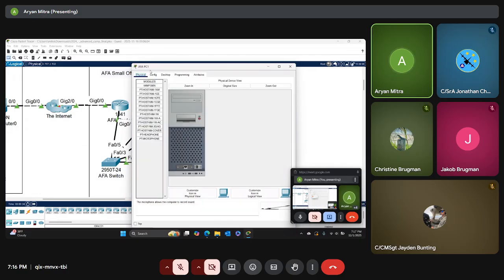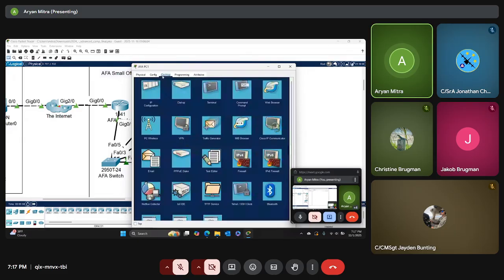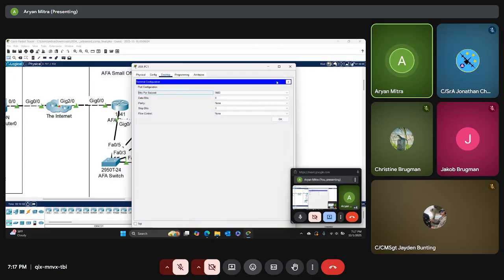Okay, device received. So we're gonna just click terminal so we can